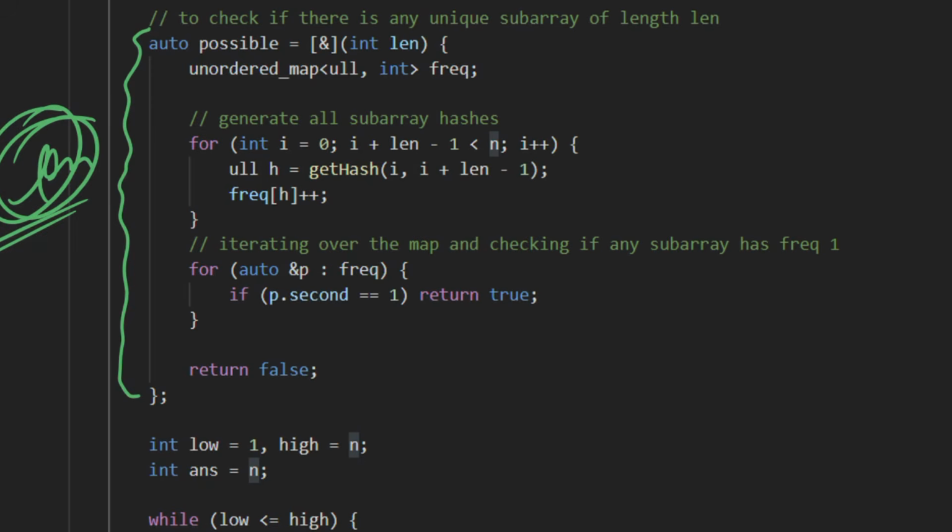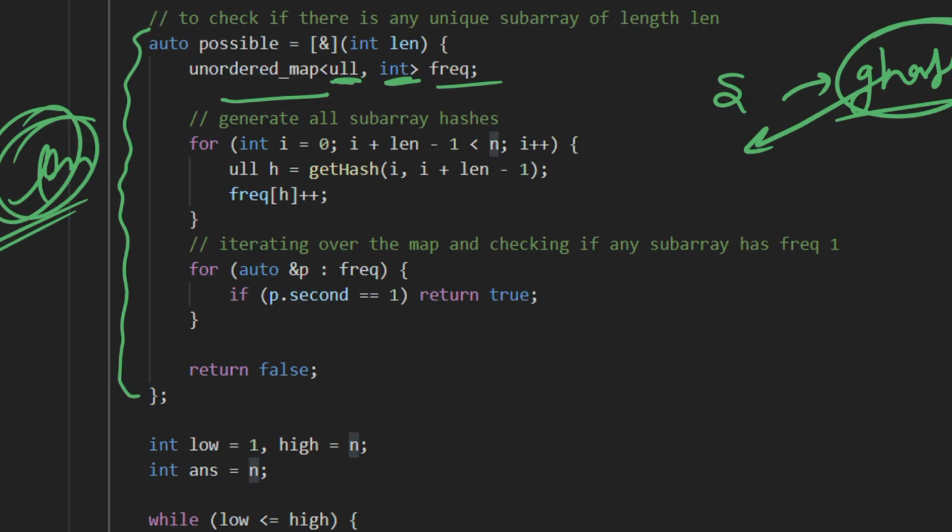So it has taken a map which will store the hash value and the frequency of that particular hash value. So we generate the hash for that subarray and store that hash value in the map and increase its frequency, right?